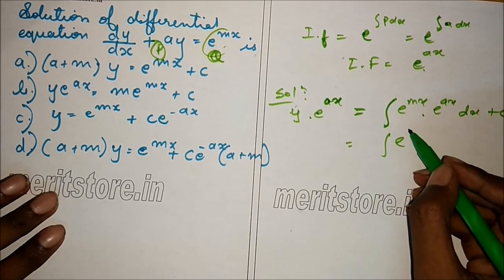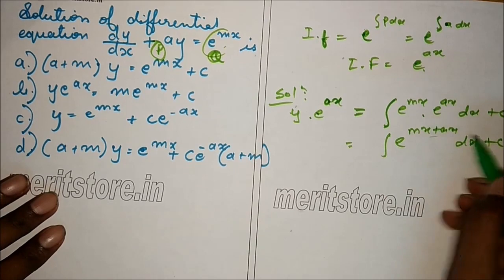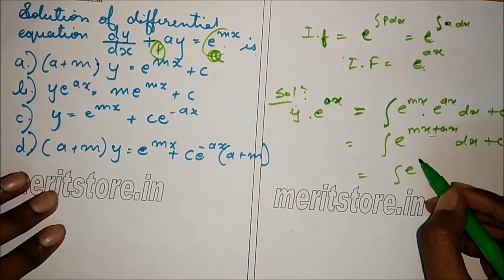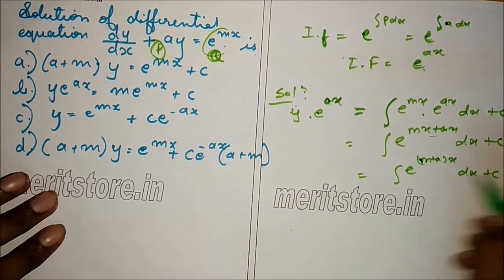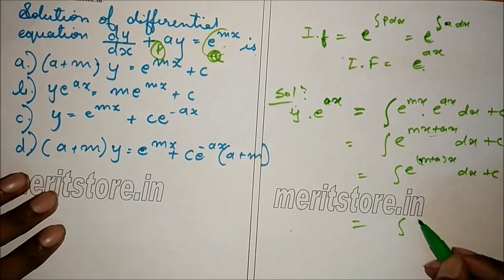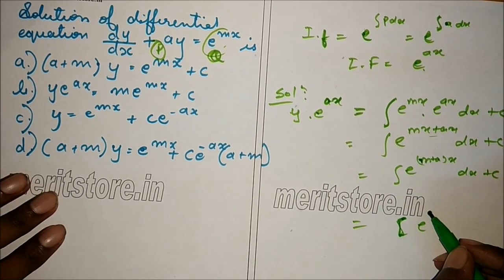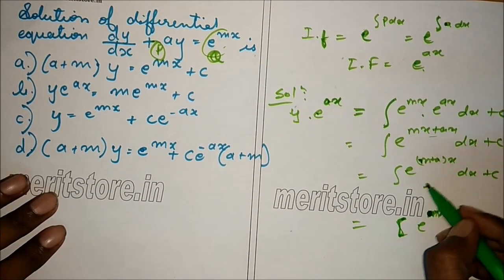This can be written as e raised to mx plus ax dx plus c, using the law of indices. So this will be e raised to m plus a into x dx plus c. Integrating this, we get e raised to